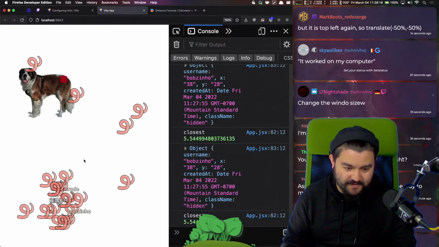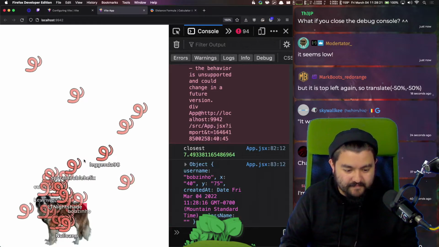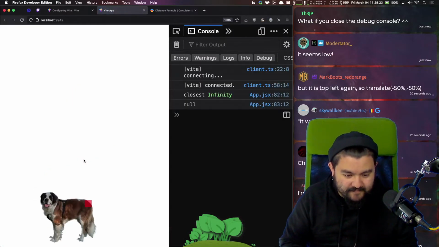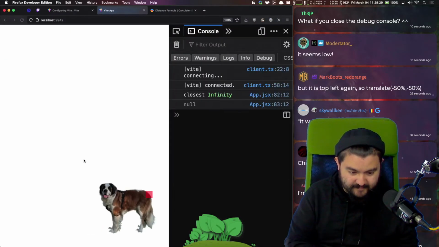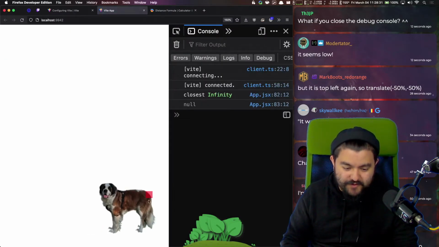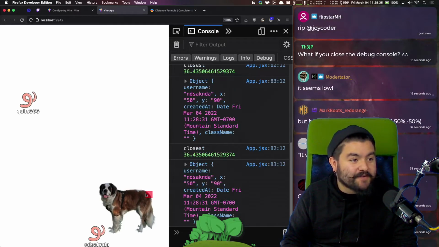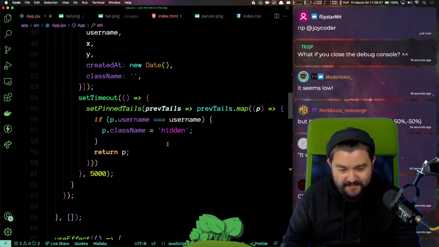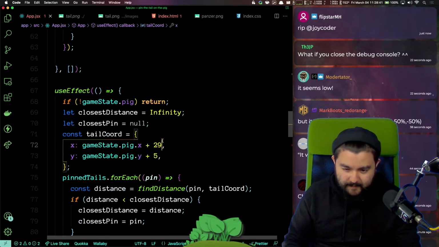We'll find a better one. That's perfect. So if you put your tail right there, that's a winner on the top left of that corner. So 5 and 29. We should probably put these in variables, but it's fine.